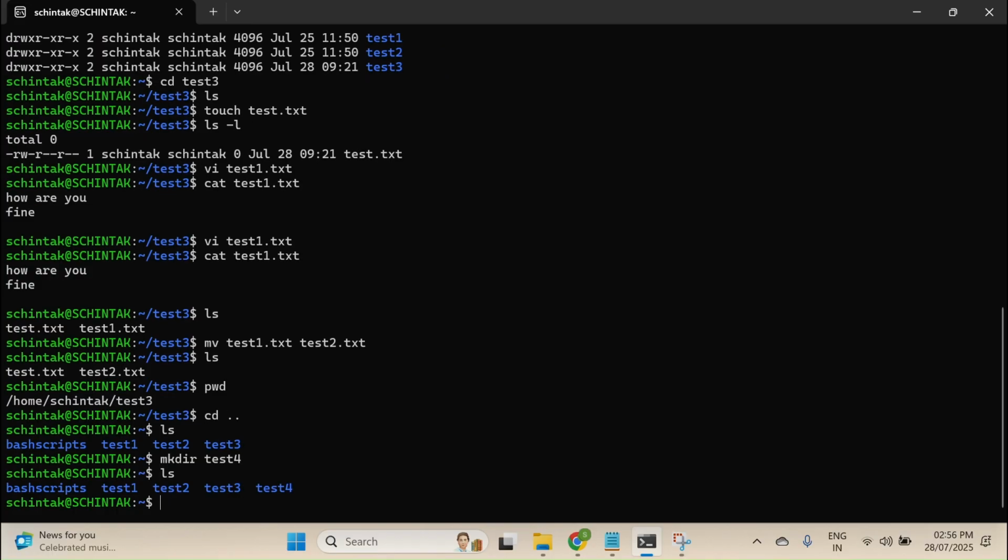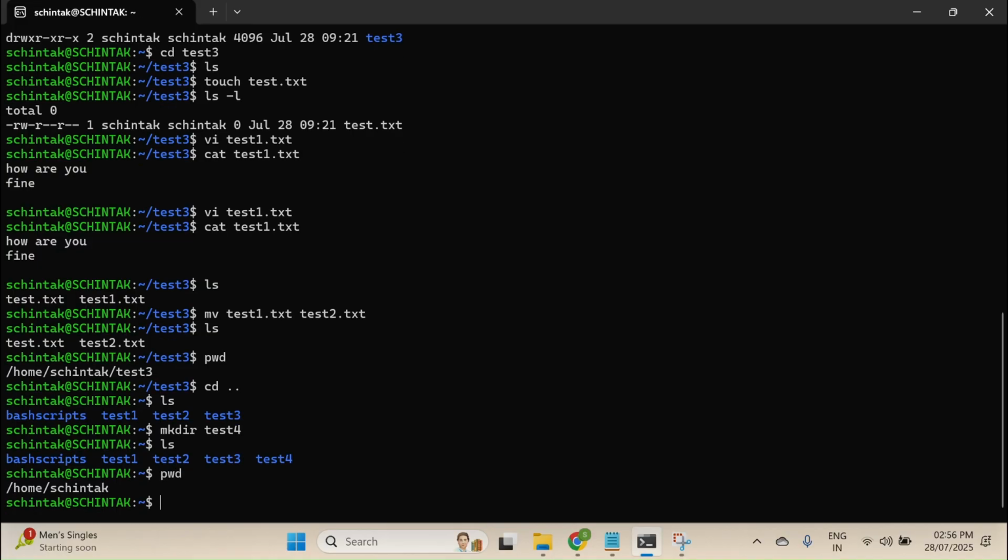I'll show you how to remove the folders and how to remove the files. I will show you next. So I am trying to move the file from one folder to another folder. Here again I am going to do test3. Before that I am trying to take a pwd, cd